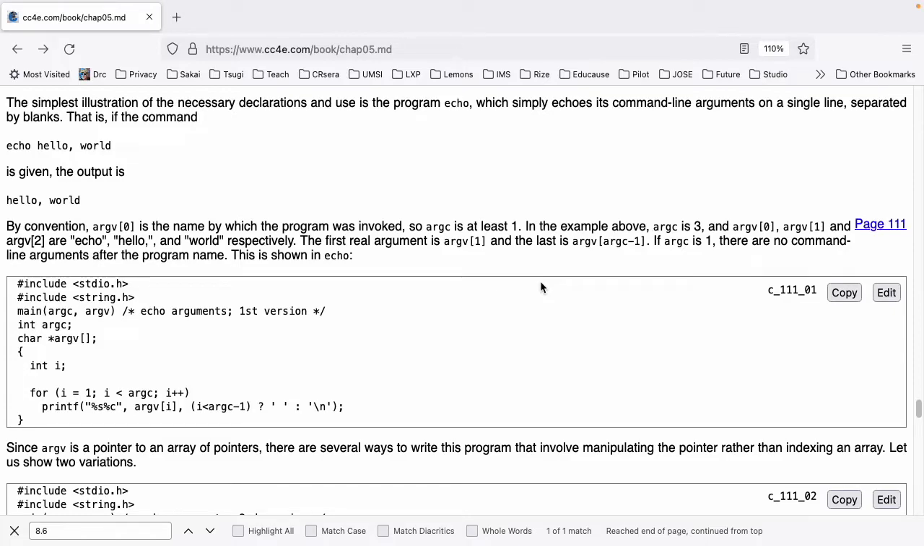This is shown in the source code to echo. And this source code is on page 111 of the textbook, and you can see this source code at www.cc4e.com/code. #include <stdio.h>. #include <string.h>. main(argc, argv) int argc; char *argv[]; { int i;